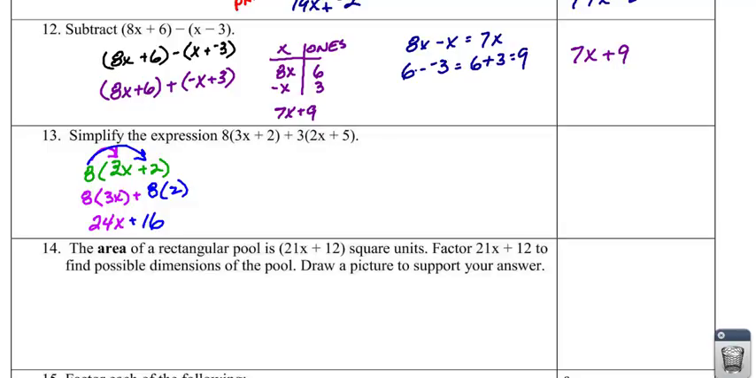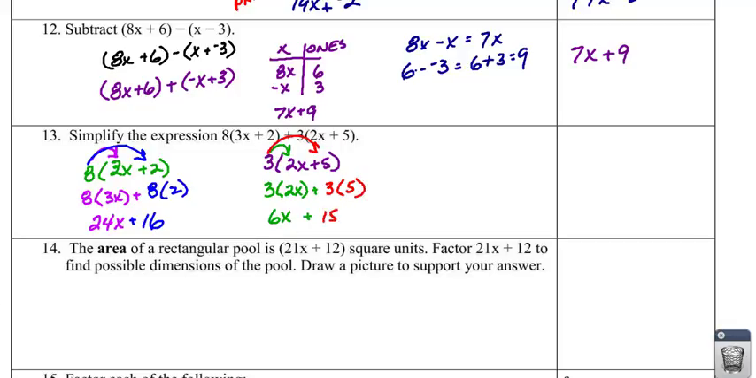Then I'm going to have my second one, which was 3 times 2x plus 5. So once again, I've got the rainbow. 3 times 2x is 6x plus, let's make this one red, plus 3 times 5